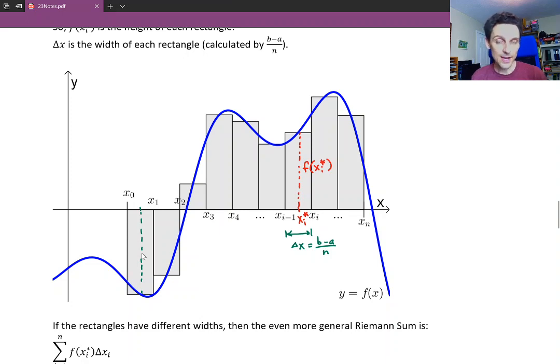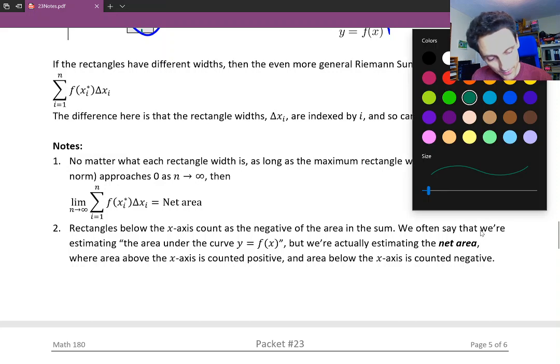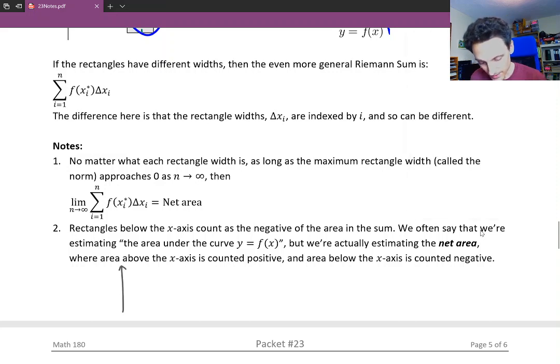So when we talk about the area under a curve, what we really mean is the signed area between the curve and the x-axis, where any place that the curve is above the x-axis, where the function values are positive, will be counted as positive area. And any part where the function falls below the x-axis and gives you negative function values is going to be signed a negative area. And so a negative area and a positive area could cancel each other out when you add them together. So a quick example would be if you took the sine x function across its period,